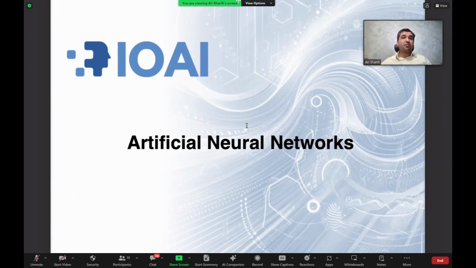These are much more complicated problems that these simple classification or clustering algorithms do not handle very well. So these artificial neural networks are the basis of